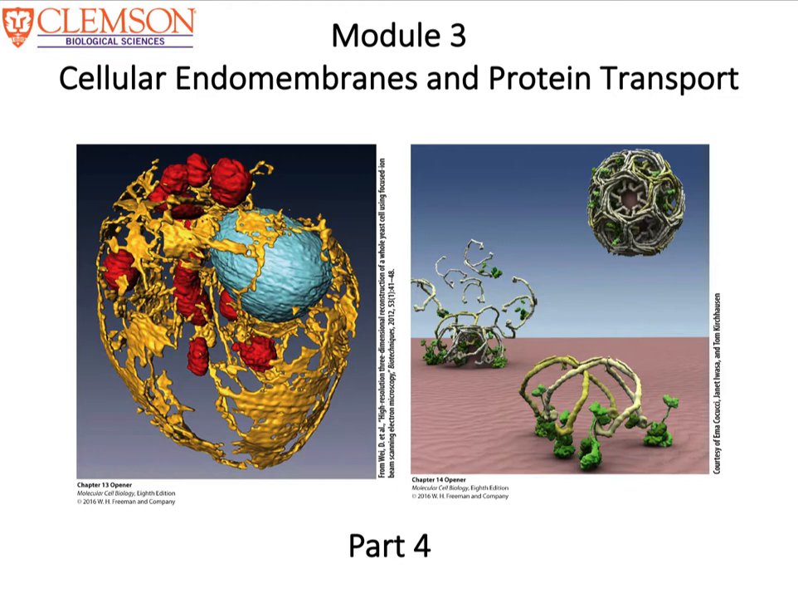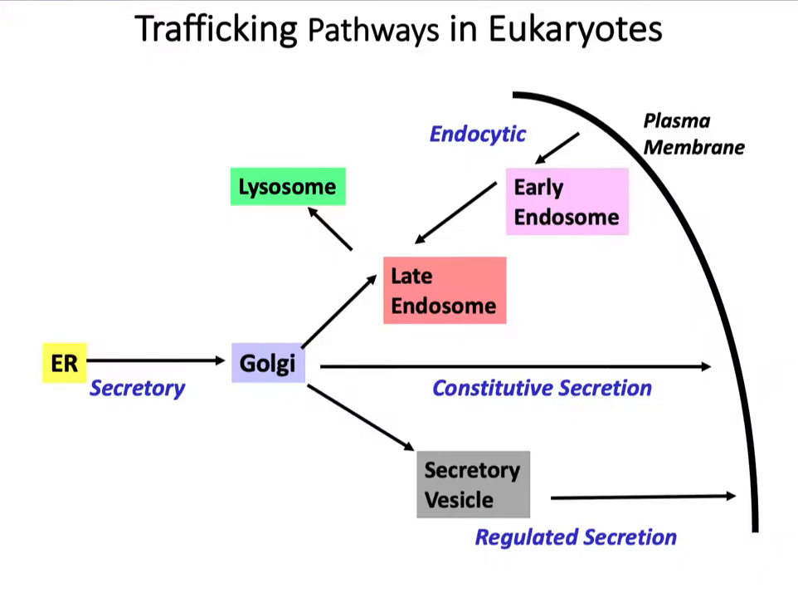Module 3, Part 4. In this last part of Module 3, we are going to talk about bulk protein transport via membrane-bound vesicles. So here are all the trafficking pathways that we were talking about in eukaryotes. So we talked about the vesicle trafficking from the ER to the Golgi. We then talked about a pathway where the lysosomal hydrolases are moved to the Golgi apparatus, to the late endosome,